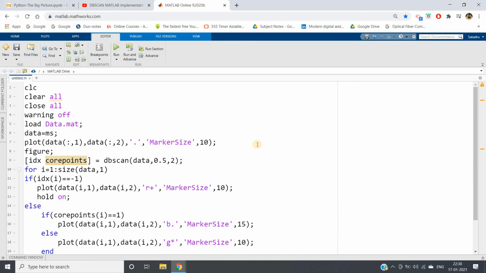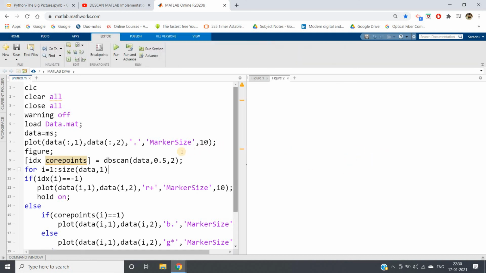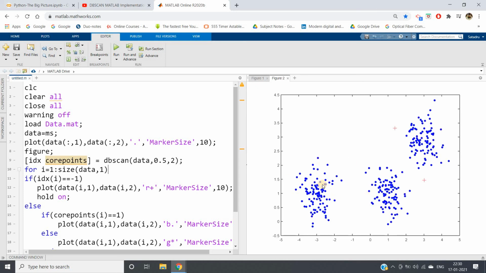So what effect should we get? We should get a figure like this, where many border points are considered core points, and see, that's what is happening. Many border points as well as noise points are now becoming core points, and only 2 noise points remain, and there is no border point present in my data, which is quite obvious from the intuitive discussion also. So I hope you have understood this.